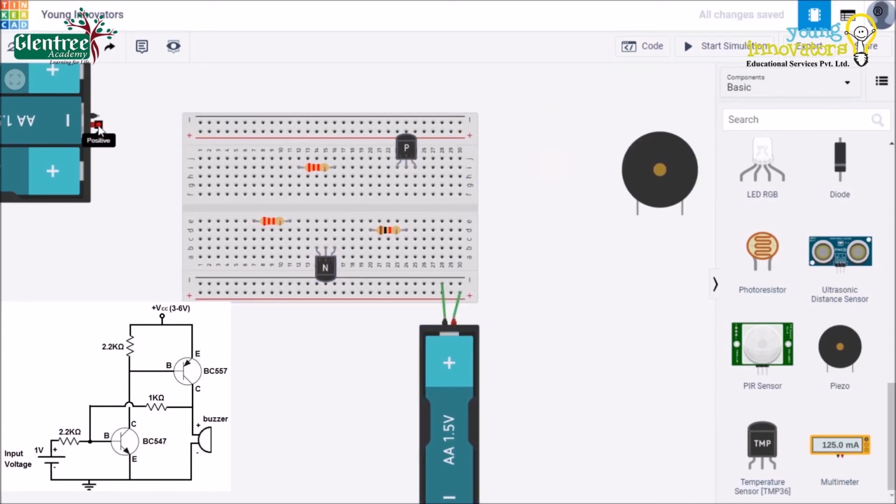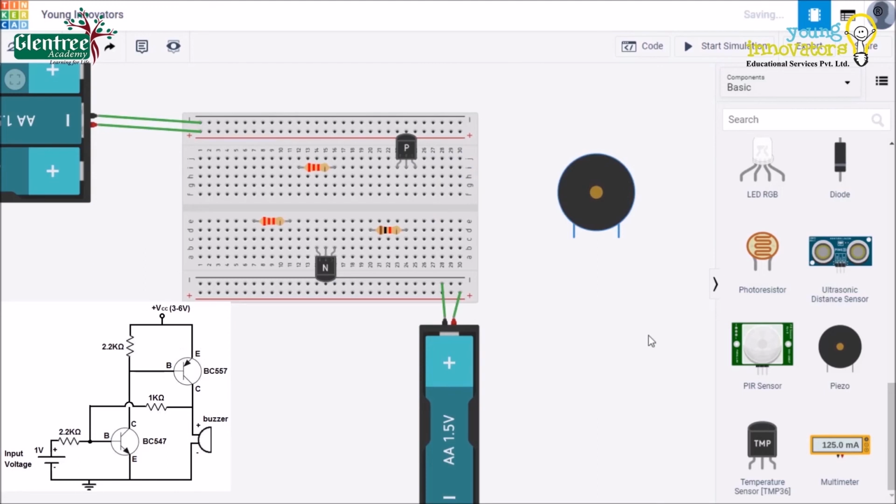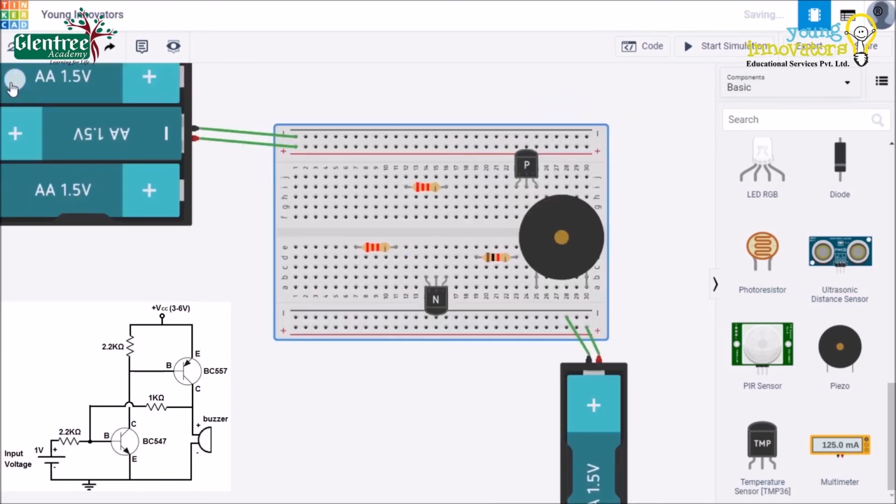Let us connect the positive and negative terminals of the battery to the power leads on the breadboard. Now, the last component, that is a buzzer, we will take the buzzer and place it on the breadboard beside the 1 kilo ohm resistor. Now that we have placed all the components on the breadboard, we will go ahead with the circuit connection.